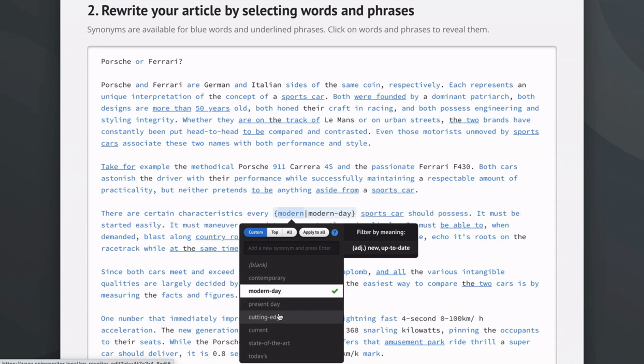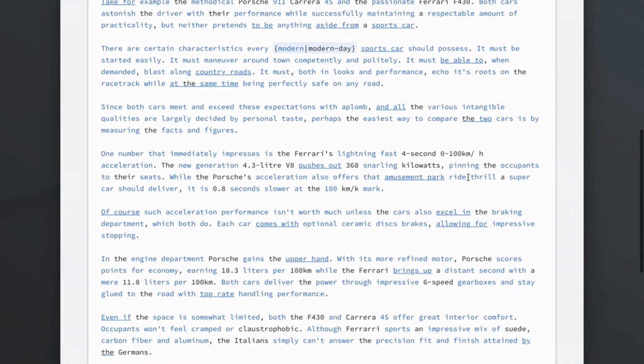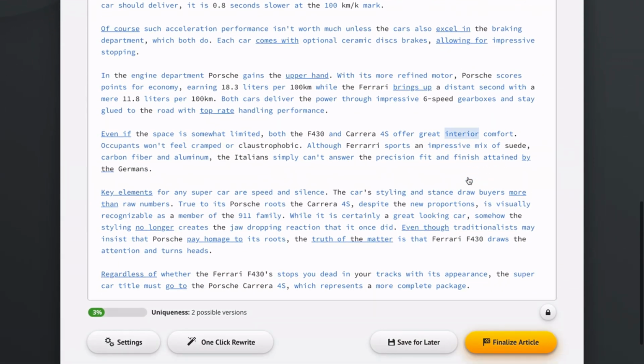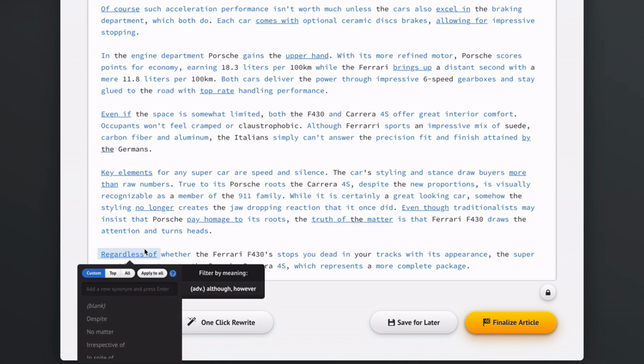By clicking a synonym another time, you deactivate it. So we activate it by clicking it, deactivate it by clicking it again. So this is how we add synonyms to individual words. Now we can move on, and for example, here we see a phrase, regardless of. Now we can find synonyms for the word regardless or synonyms for the word of. But if we click the big highlight that goes across the entire phrase, we get synonyms for the entire phrase,